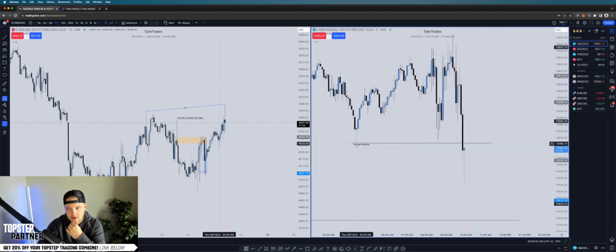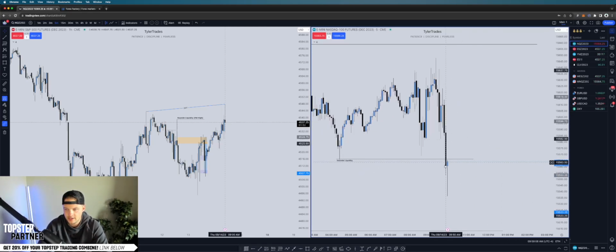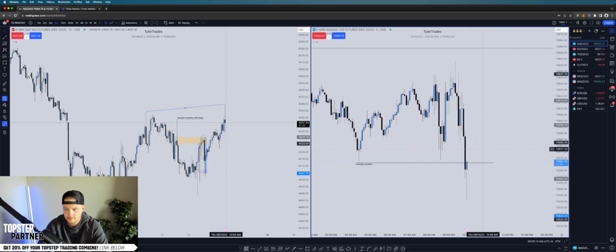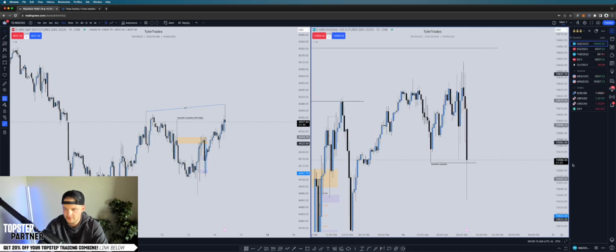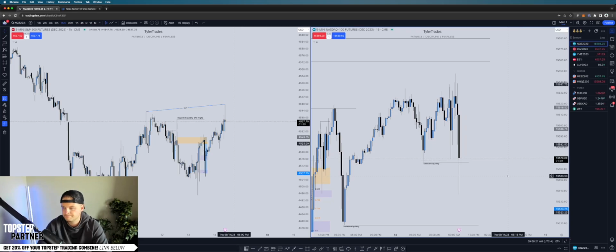And at this point, we just kind of want to wait and see how structure forms, I suppose. We got a 5 minute candle close below this low. So it's kind of looking like we might continue lower. This 15 minute candle closes in a couple minutes. Would like to see that. We got to wait for this hour to close anyway. So 2 more minutes to wait on this.